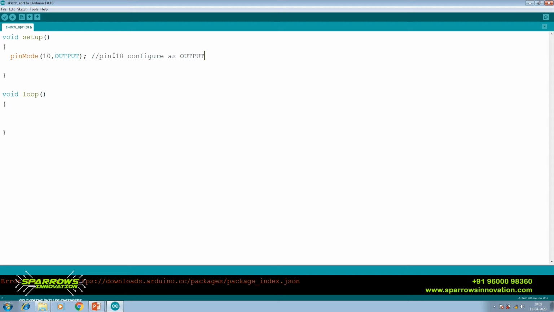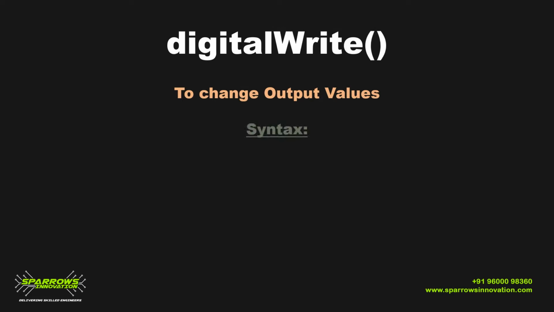Now since we configured the pin as digital output, we have to give some value to this output pin to make your LED on and off. For that we have to use the digitalWrite function. The digitalWrite function is to assign a value for your output pin. So digitalWrite, your pin number, comma, state. In this state you have to give either HIGH for logical high or LOW for logical low as an output.